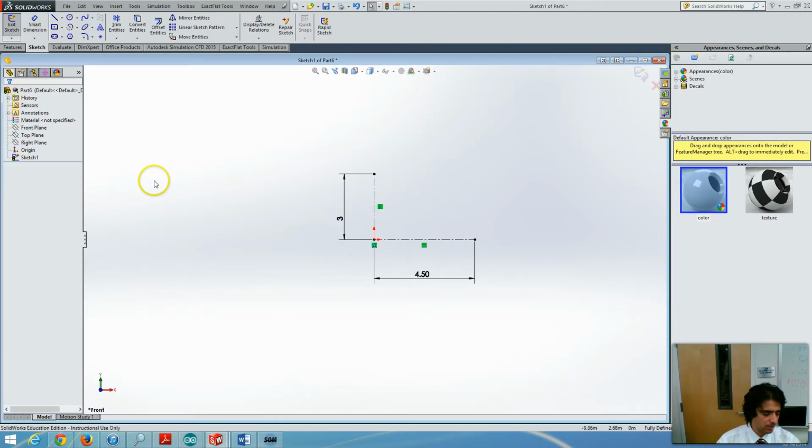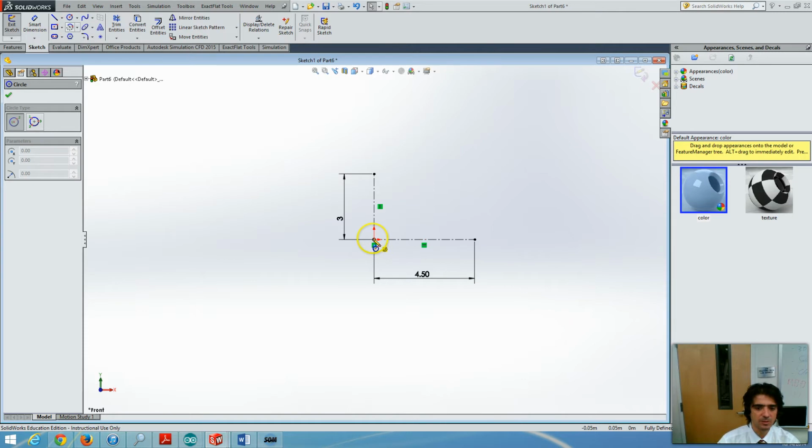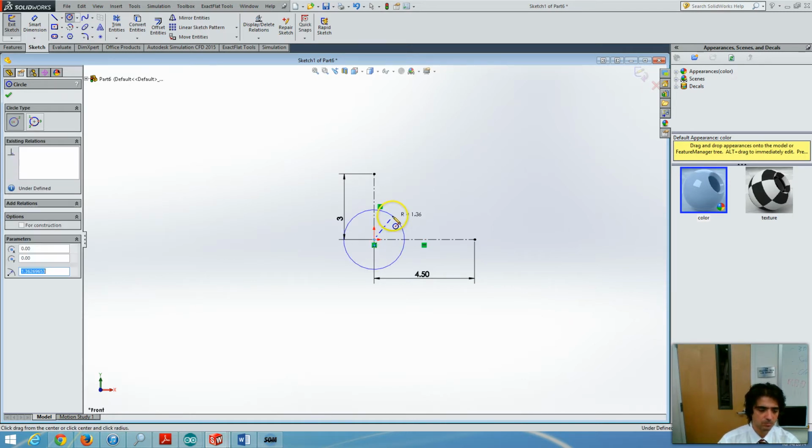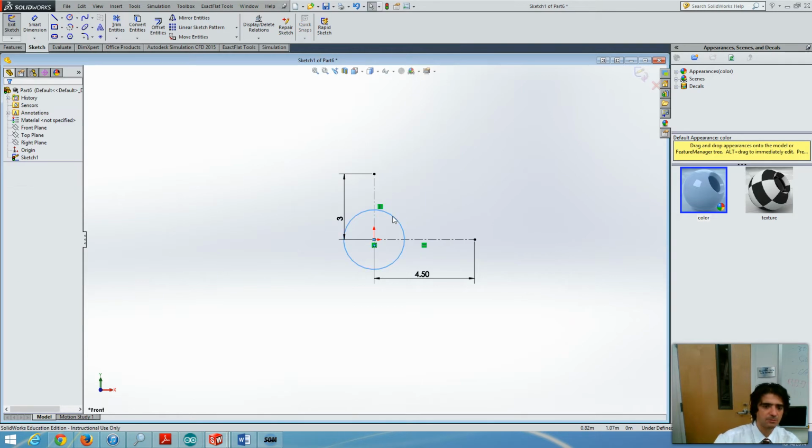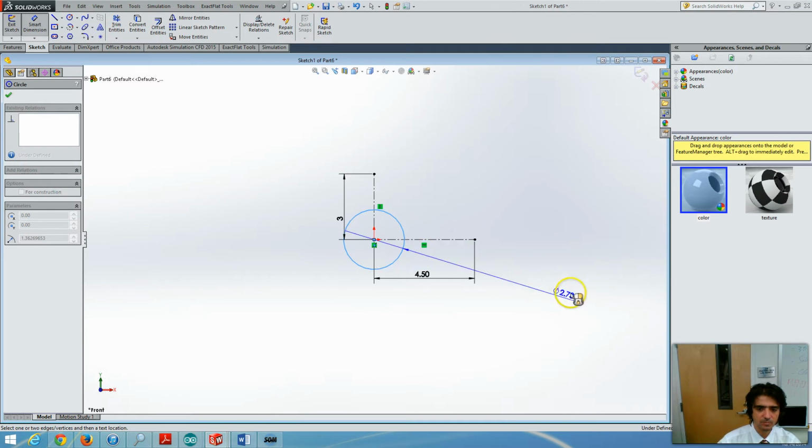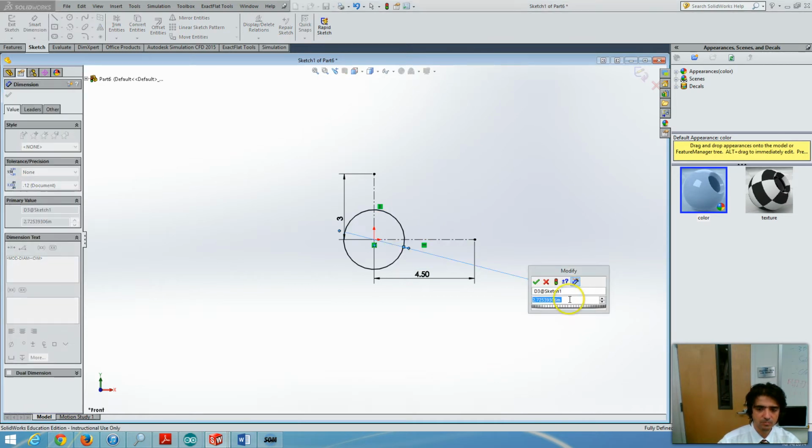And now we are going to place a center arc or a circle, and then do the trim later on. The radius of this circle is 1.8. 1.8 meters is the radius, which means the diameter is 1.8 times 2.